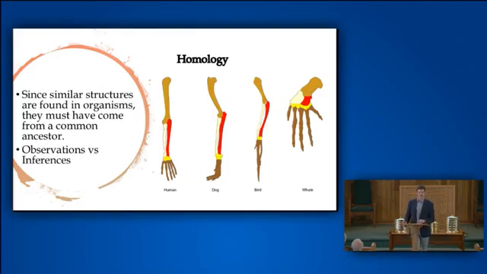And this is another thing that was kind of cherry-picked. So the idea is that if you look at different animals, the bone structures or different structures, and this is just an example, organs or whatever it is, have similar structures across different species. So if a whale, a bird, a dog, and a human all have a humerus, a radius, an ulna, and then your carpals, metacarpals, and phalanges, well, you know what? If they all have the same thing and they're shaped differently, they probably came from the same place. And this sounds pretty compelling. Hey, all these things look the same. They must have kind of